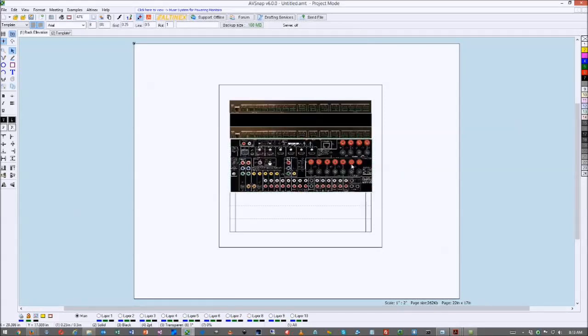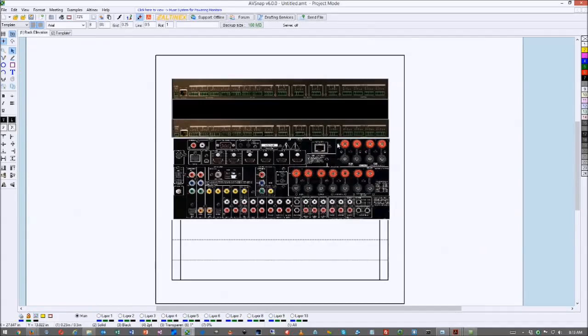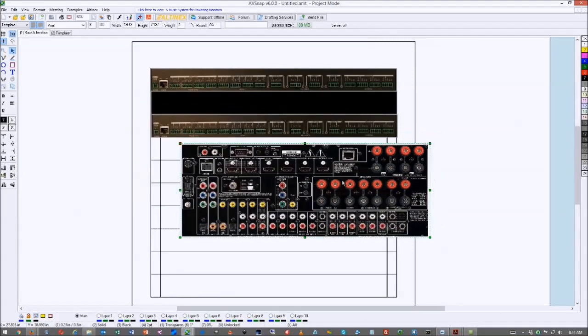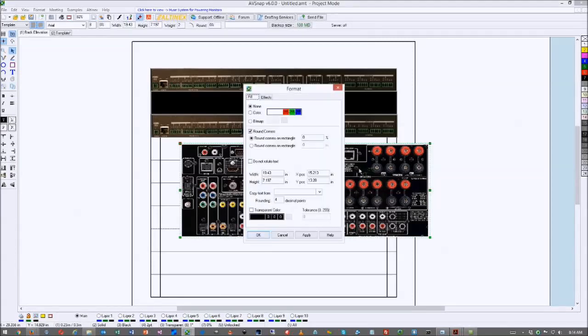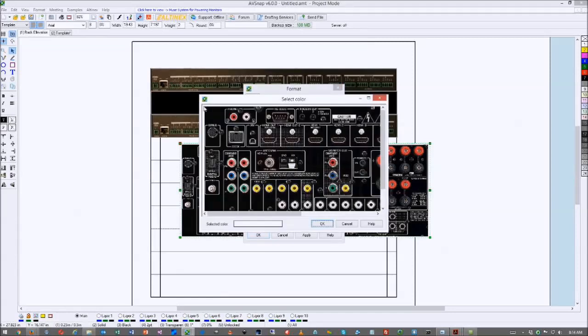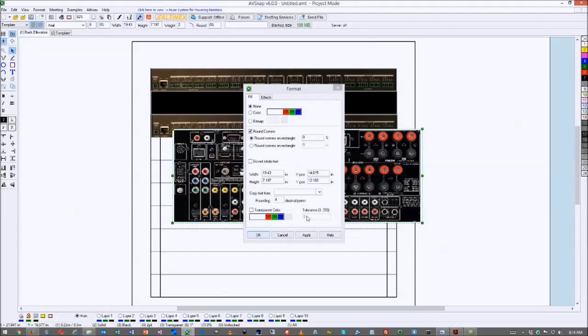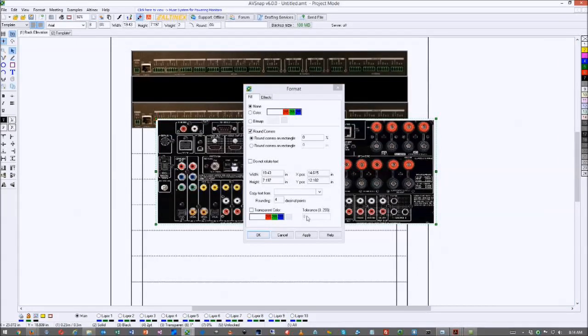All right. So pretty much you can build up your rack any way you want. Now, in this particular case, you can see there's a little white outline. Now, you can get rid of it, and AVSnap provides you some information on how to do this. So if you click on letter B or press letter B, you see right there's transparent color. So you can select transparent color and then select the transparent color to be the color right here outside. And then say OK. Now notice that it didn't disappear yet, but if you adjust the tolerance just enough,